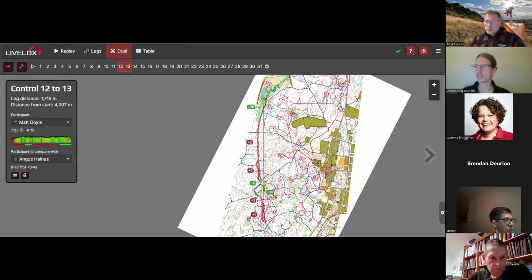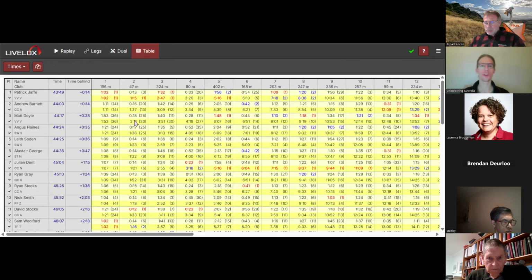Because Matt did a great leg, he ended up coming 2nd overall at this point of the race. But then Angus dropped down from being 7th equal down to 10th on this leg. So this great execution from Matt meant that he ended up 3rd overall by the end of the race. So that's the one leg.